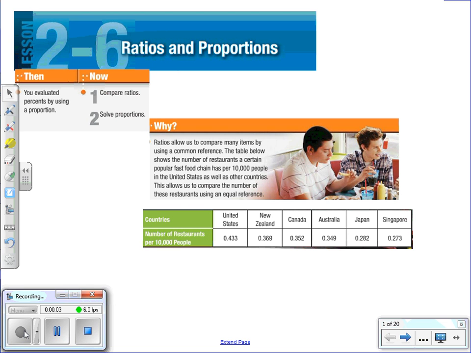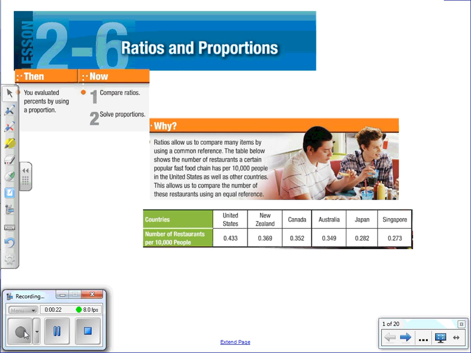2-6 is ratios and proportions. And you'll remember last year we had a chapter on ratios and proportions. This will be a section that reviews bits and pieces of all of that chapter. That's why there are 20 slides, you'll notice, but not to worry, it goes pretty quickly because lots of it